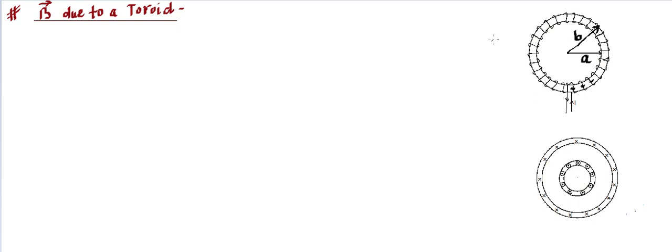And the same arrangement can be imagined in a cross-sectional view. So if we cut and we watch, then we'll find this is going to be some sort of this. That means from inside, you see the current is coming outside. So this is showing that the currents are coming outside. This is inner radius, basically A, and these circular points with dot is indicating that the currents appear to be coming outside this plane. And the bigger radius is B.